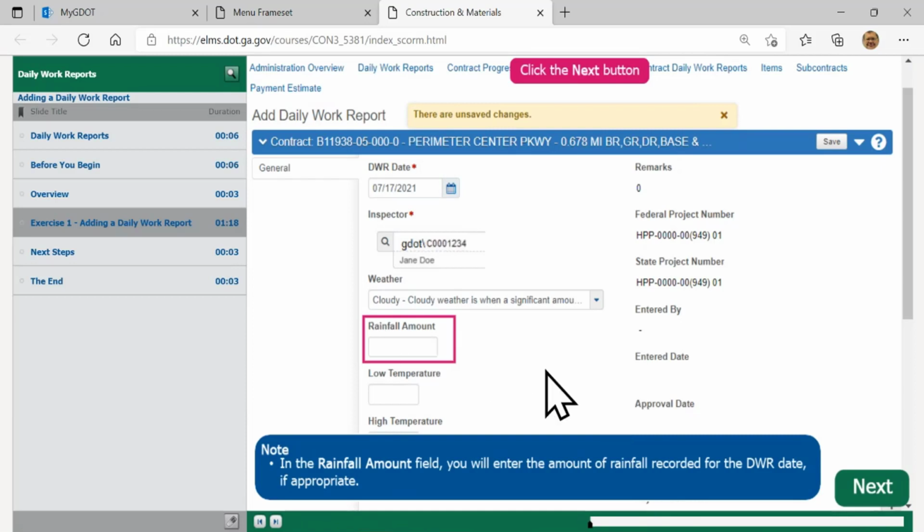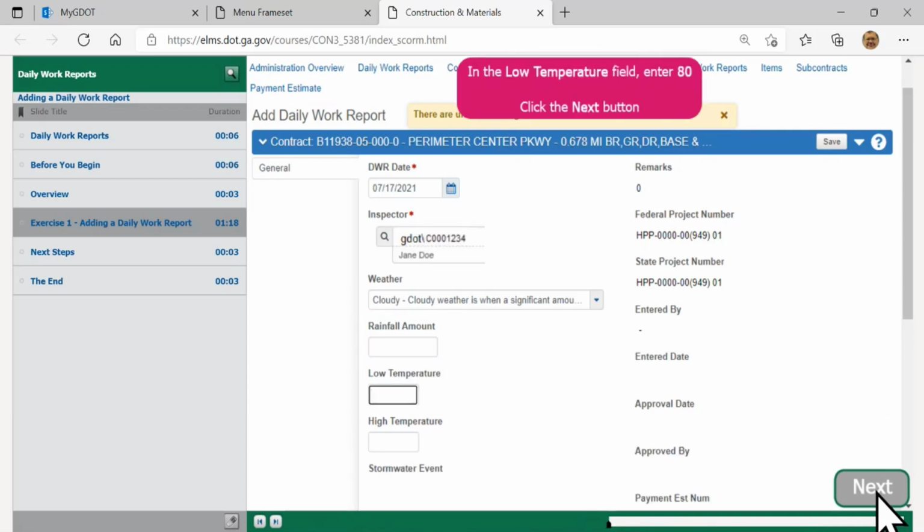There's a rainfall amount in there. If there was a certain amount of rain at that time, you could go in there and input that rainfall amount. Okay, go ahead and click on next. The next field doesn't have an asterisk, but usually you want to keep this in mind as an important field to have listed, and that's to put in the low temperature.